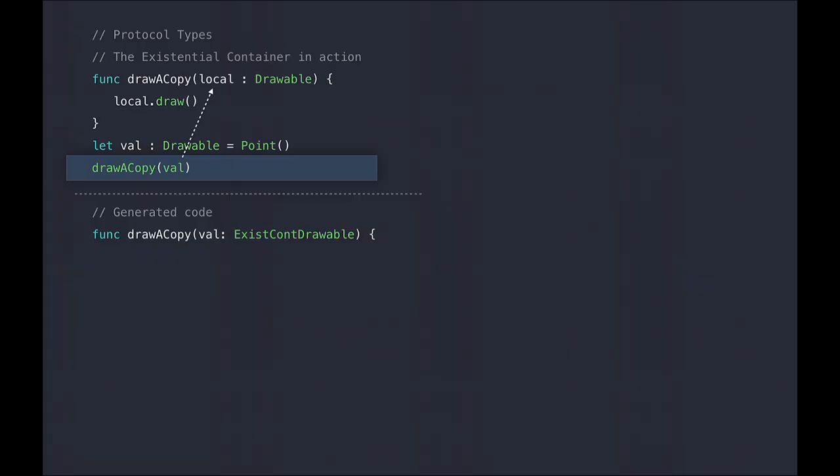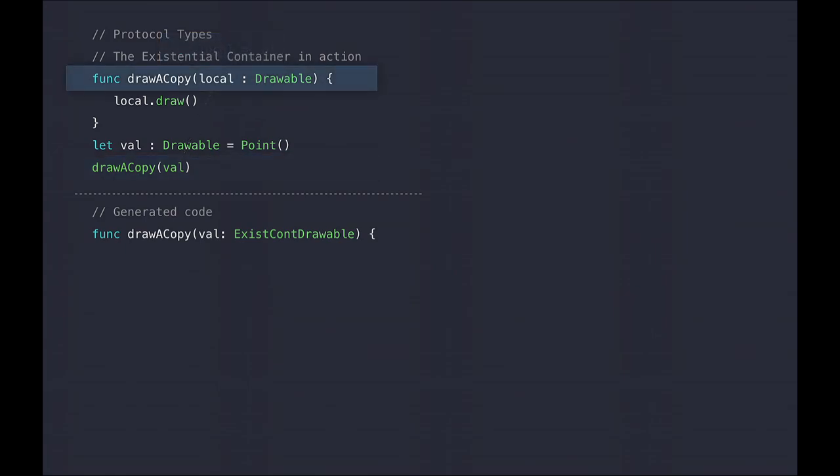When the draw copy function call executes, it receives the argument and passes it off to the function. In the generated code, we see that Swift passes the existential container of the argument to that function. When that function starts executing, it creates a local variable for that parameter and assigns the argument to it.